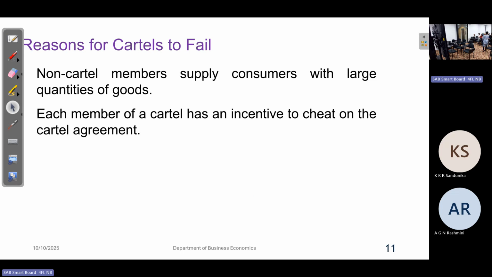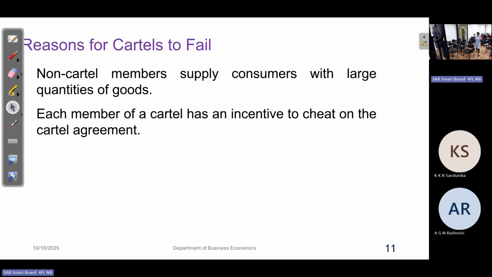What if they cheat? So they agree, okay, I will supply this and that. We will supply our production at this price. But they come and they cheat the agreement. Then what happens? They are providing a larger quantity than agreed quantity. Then they are a cheater. And also they might lower the price than agreed and supply a higher quantity. Then again they are cheating. Understood? So if the members secretly cheat with each other, again that is the reason for this cartel to fail.